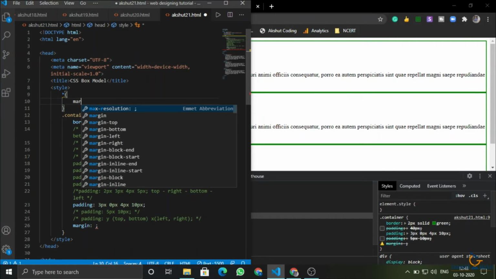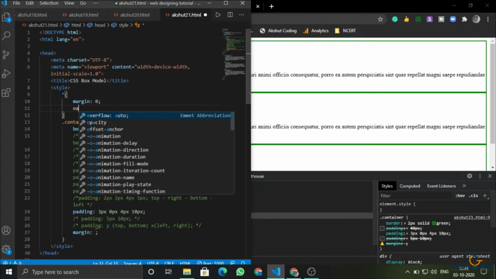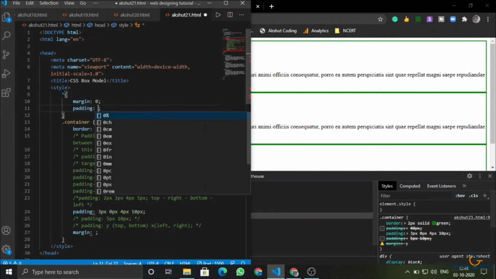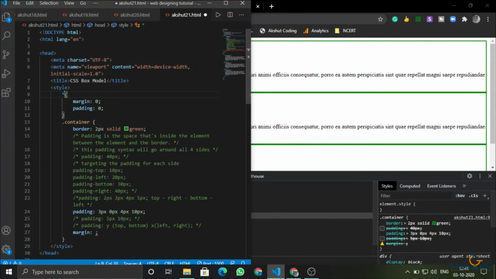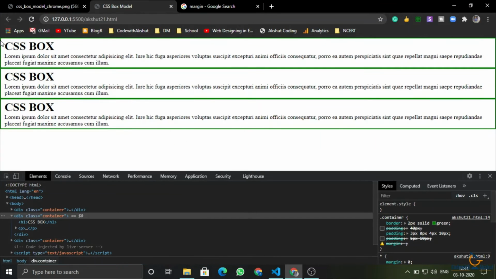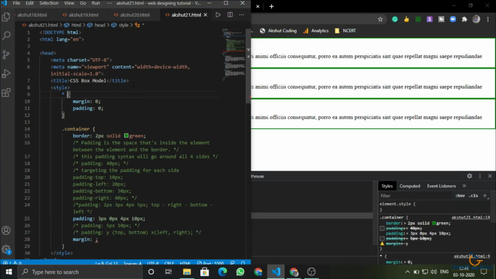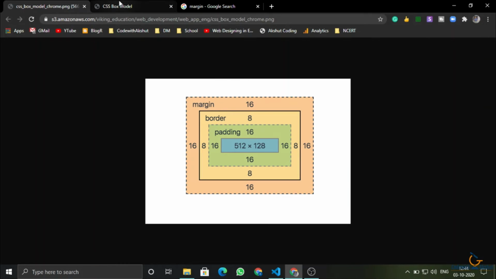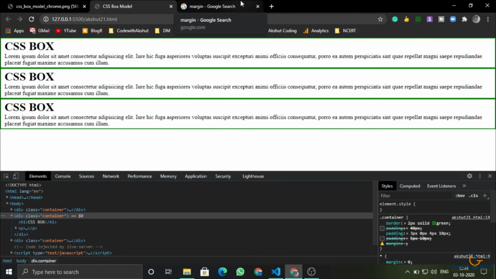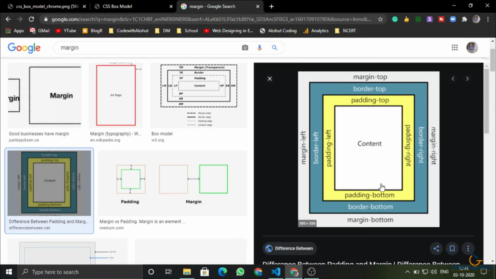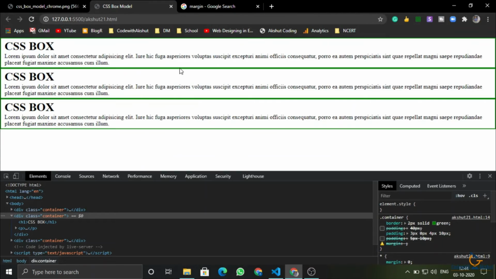If I do margin 0 and padding also 0, then you would see that there is no margin there. So to add margin or space with the web page, we use margin.